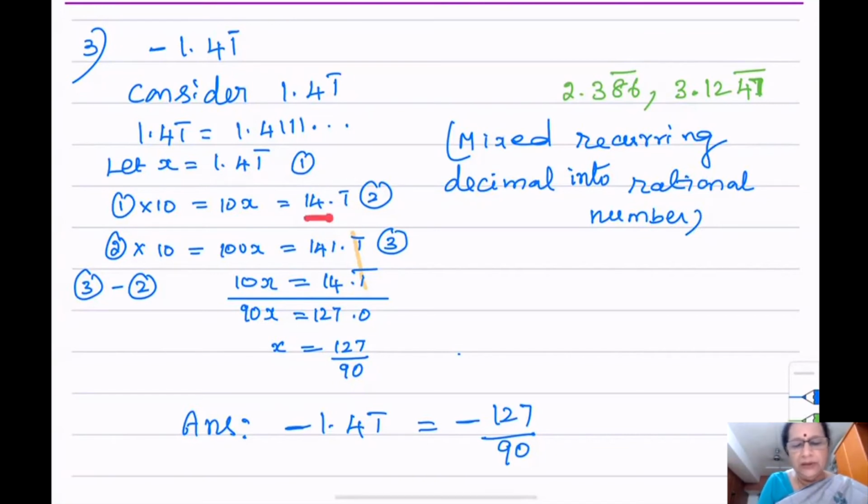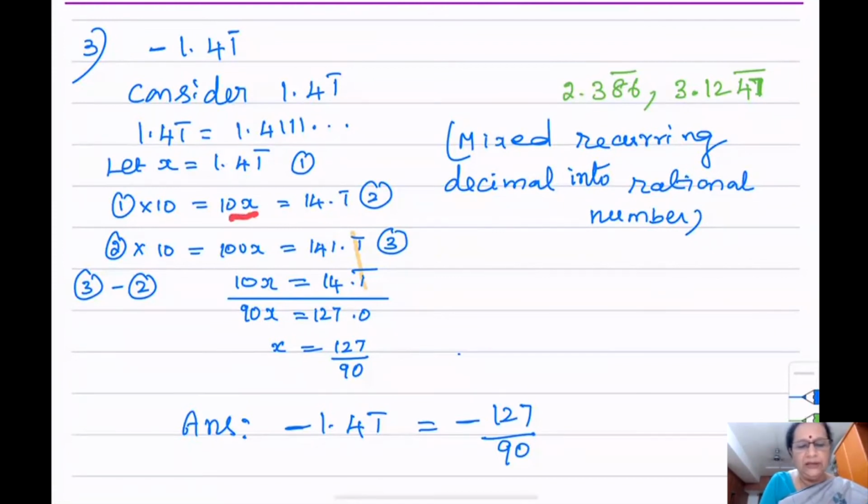Now, this number is pure recurring decimal. So whatever you did for pure recurring decimal, you have to do that here. So what did you do? If one digit is repeated, you should multiply by 10. Now, instead of multiplying equation 1 by 10, whichever equation you got the pure recurring decimal, that should be multiplied by 10. Why are we multiplying by 10? Because there is only one digit repeated. If there are two digits repeated, after shifting the digit which is not repeated to the whole number part, then you have to multiply this equation by 100. So now, because one digit is repeated, equation 2 I am going to multiply by 10.